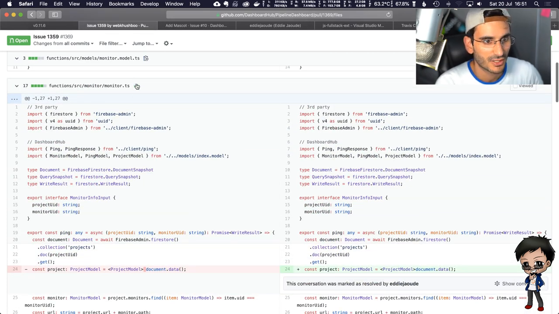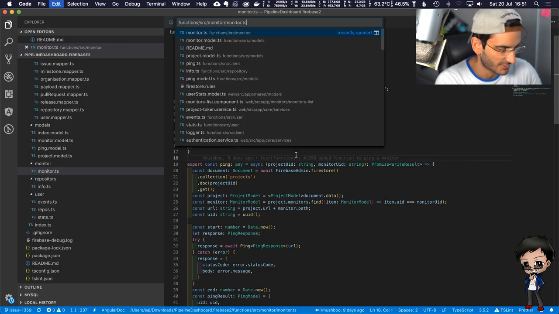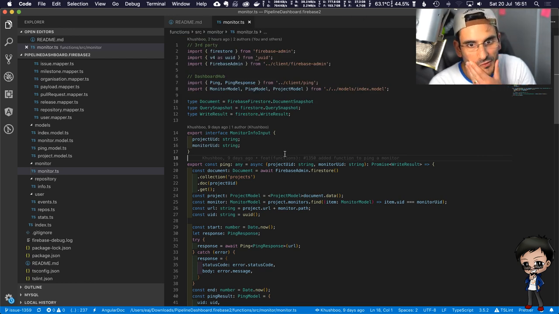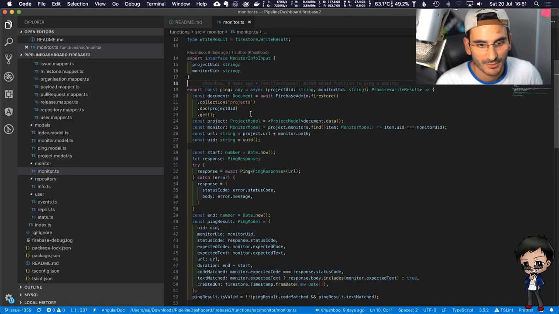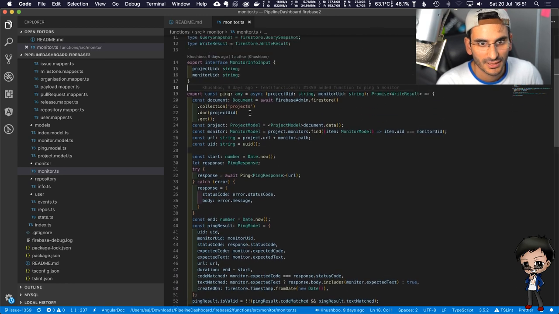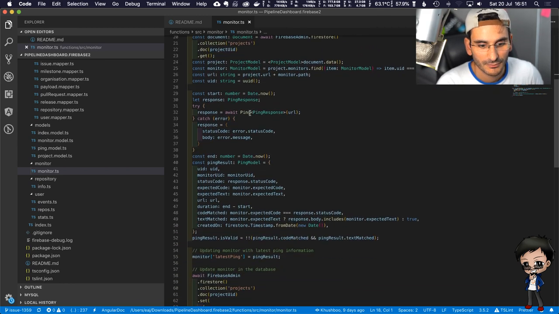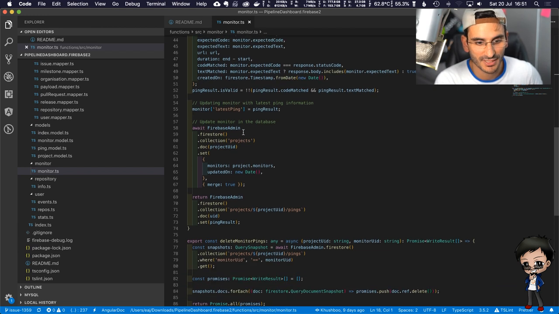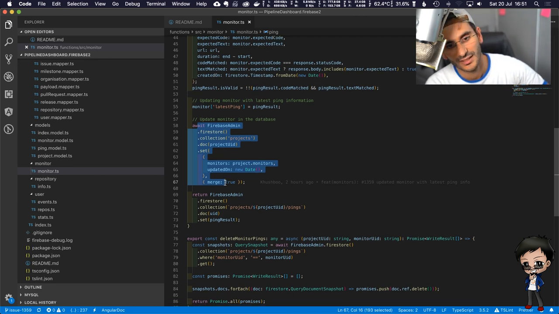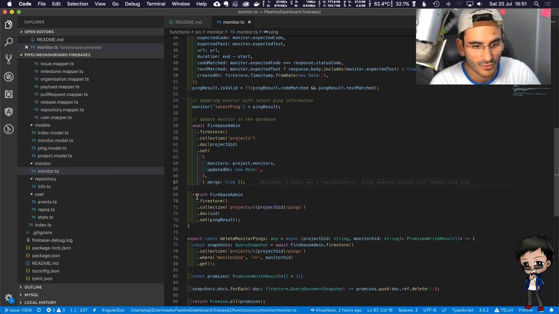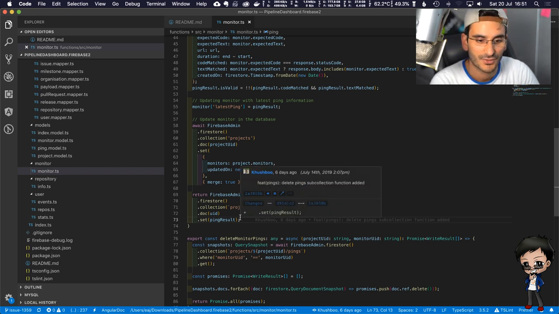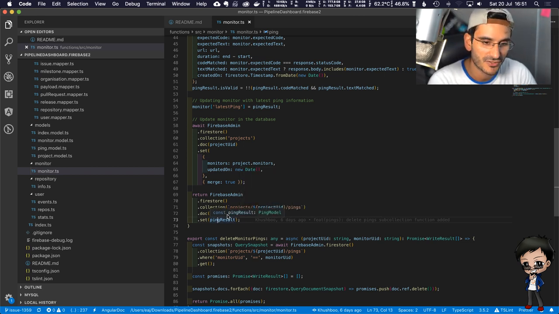Again, this is the file I think we're mostly looking at. Yes, it is. So let's have a look. Let's go back down to what we were looking at. Oh no, we were looking at this before and we spoke about this, and this is fine. So we've got an await on updating the project, and then we're returning the promise of adding the ping to the pings collection. So again, that's fine. I was thinking of some other ways this could be done.